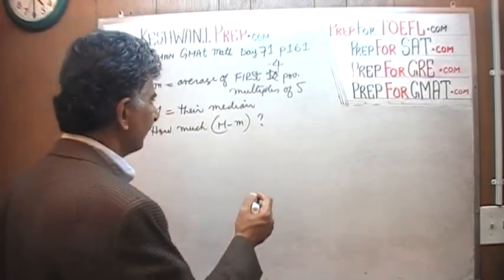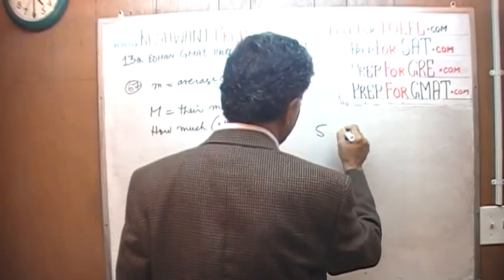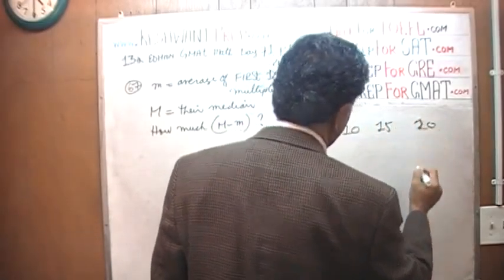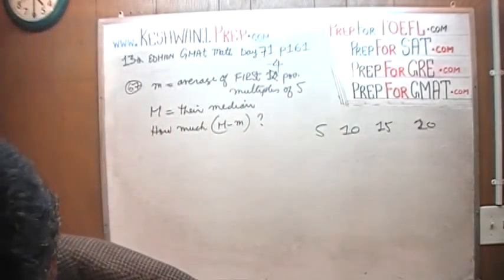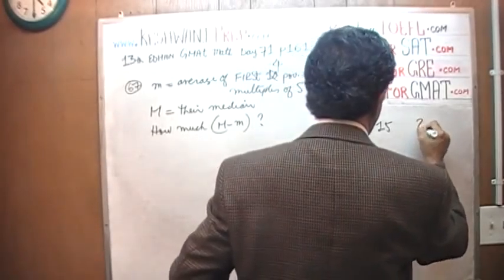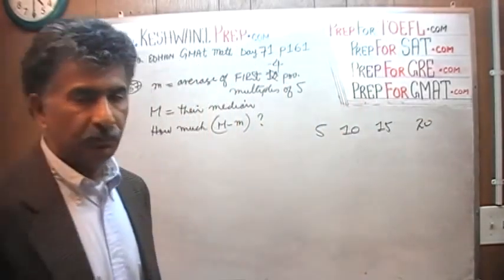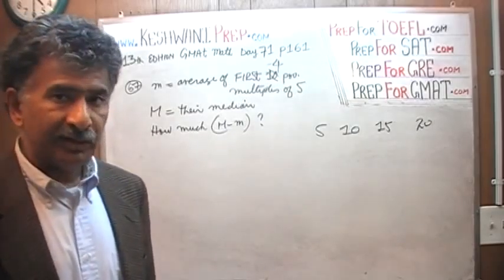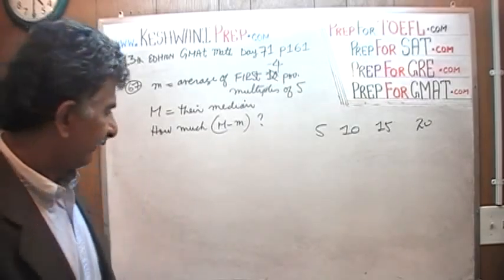So let's have 4 numbers: 5, 10, 15, and 20. What is their average? Now this is something you have to know, and if you don't know it, you're going to have to do it out manually. But as long as the numbers are equally spaced,